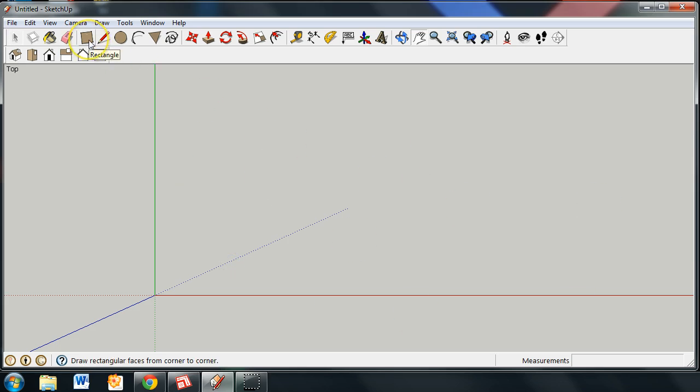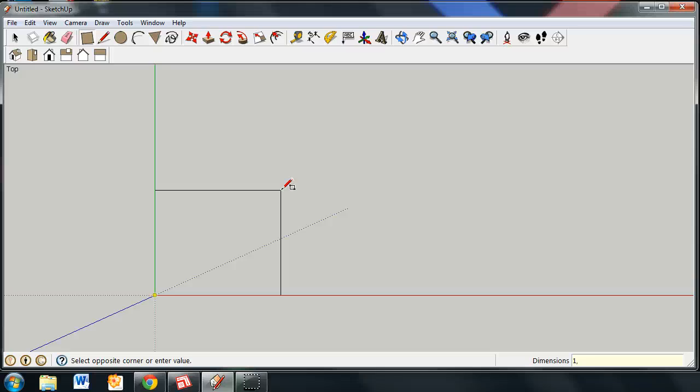So let's take the rectangle tool, and we're going to click once and drag the rectangle out towards the top right corner of the screen. If you look at the bottom right corner of the screen where it says dimensions, you will see that the dimensions are changing as I move the mouse. So I'm not actually going to just try to find 1 inch by 1 inch. Instead, I'm going to simply use the keyboard right now and type in 1. Notice at the bottom right corner of the screen, the dimensions already are popping up as 1, comma,